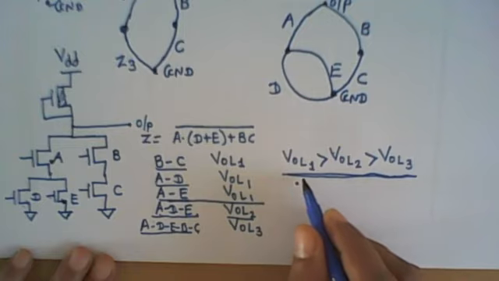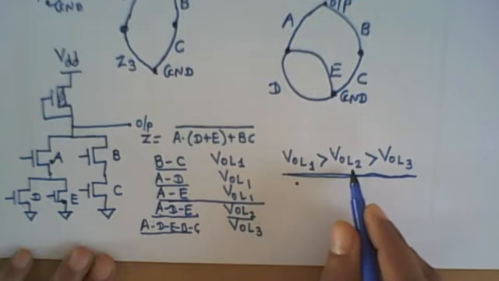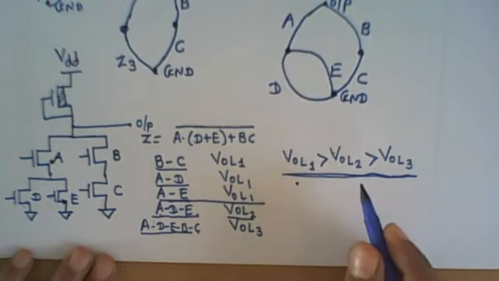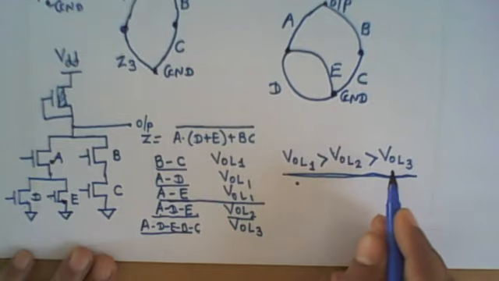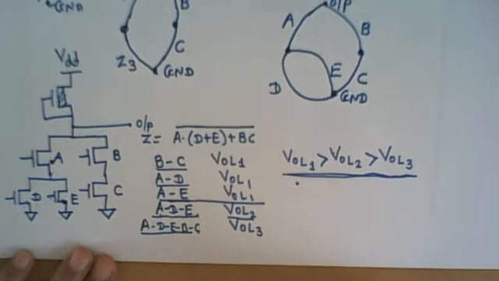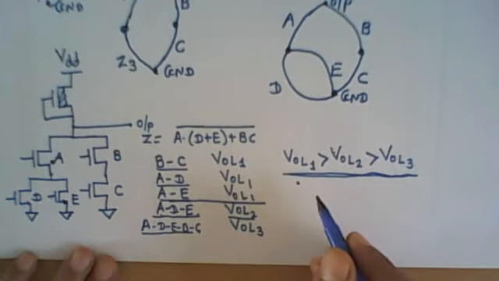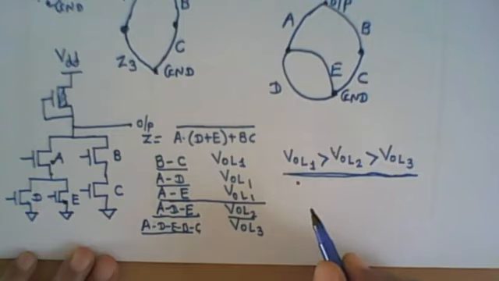So once the VOL1 is satisfied, the VOL2, which is even less than the VOL1, is by default satisfied. It's always satisfied, right? So once the VOL1 is satisfied, the VOL2 and VOL3 are automatically satisfied. So VOL1 is called the worst case condition. So you have to take the worst case condition when we design these types of Boolean equations.